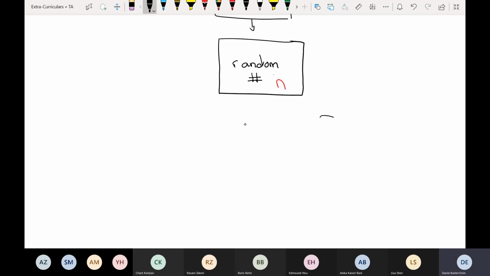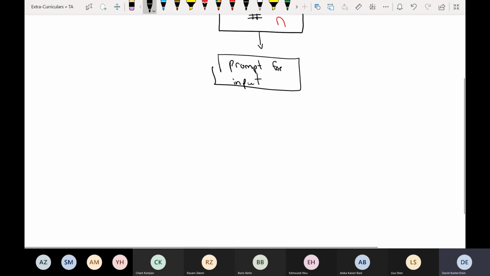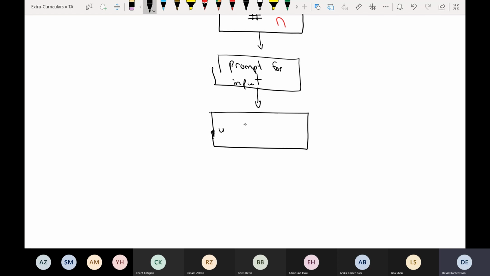Okay, and then from there, we're going to need to prompt the user to enter a number. And then we're going to actually go and get that input. Let's store this input into a variable again. Pretty much with everything, we can store it into a variable. And we're going to now say user input